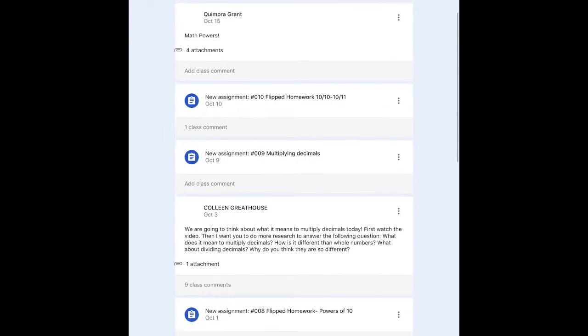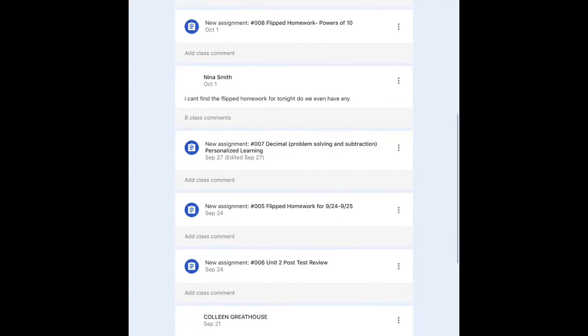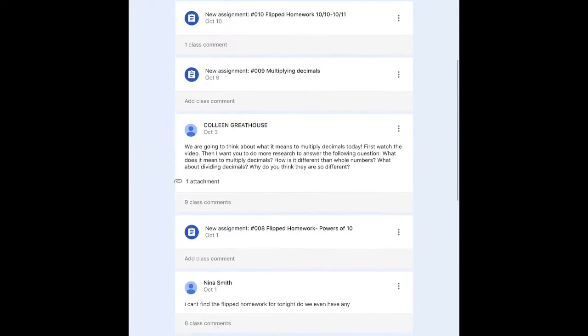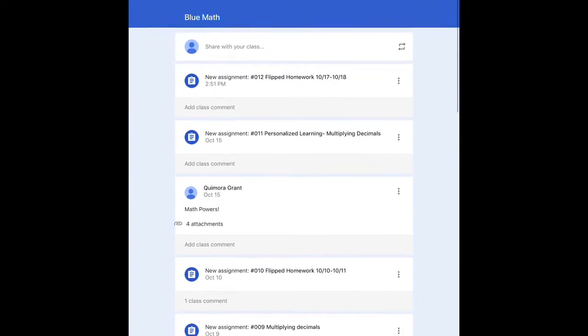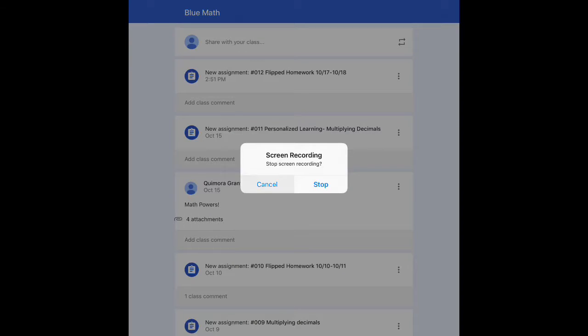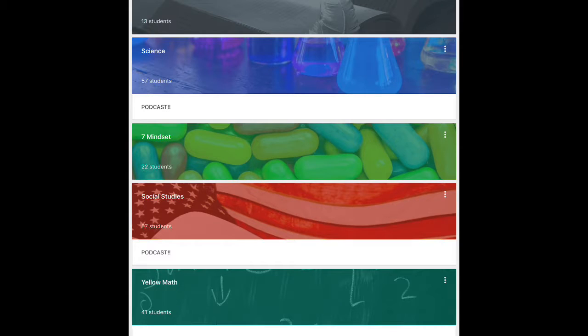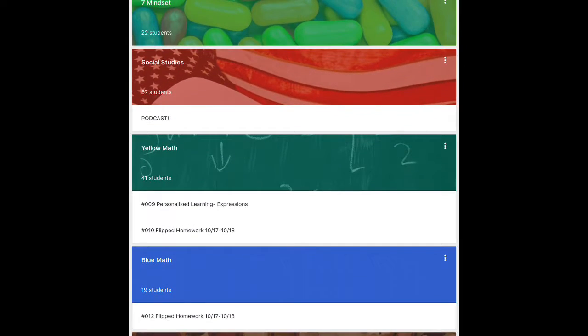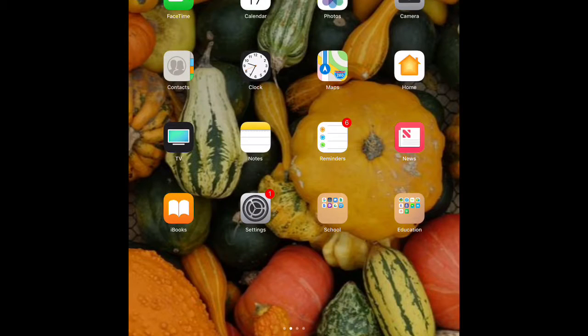You can see that I assigned homework for tonight. They can go back and look at previous assignments. They can make comments, and their students and classmates can answer. They can also post different things that they create to share with their classmates. I even have a Google Classroom for some teachers to teach them about Google Classroom. Overall, it's my favorite way to organize my